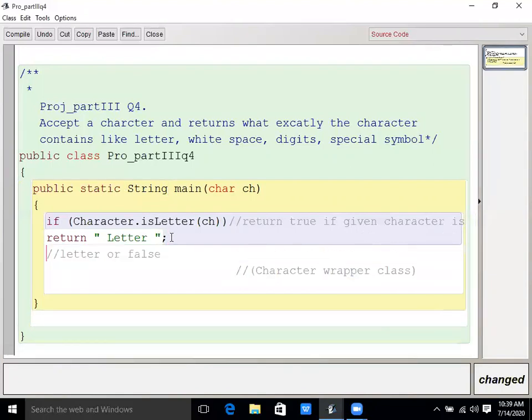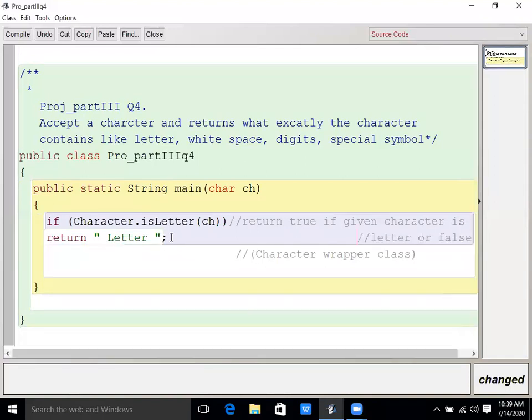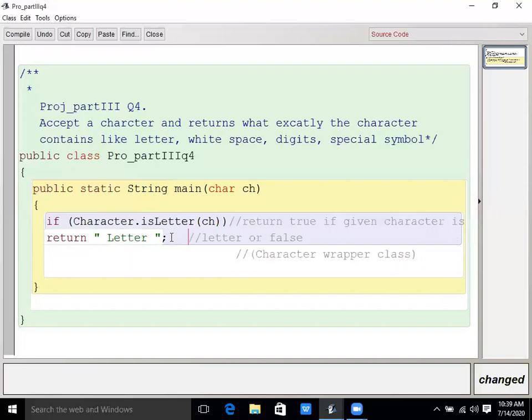Okay, then the second condition. Second condition I will check here. Else if, same Character dot, but in place of isLetter, what do I have to check now? White space. So white space is also one of the predefined methods, isWhitespace.